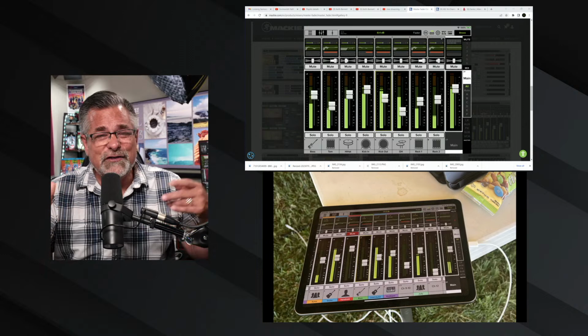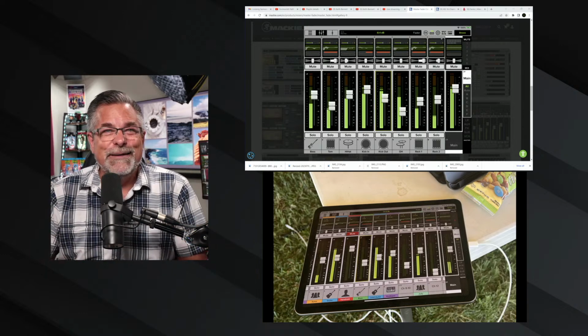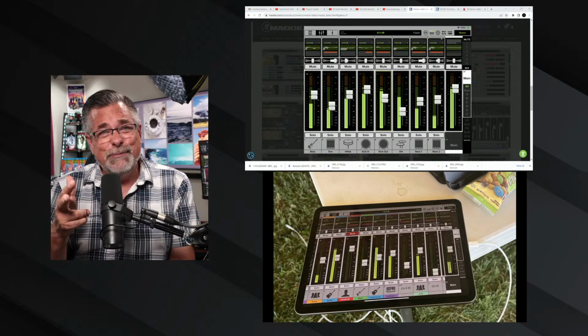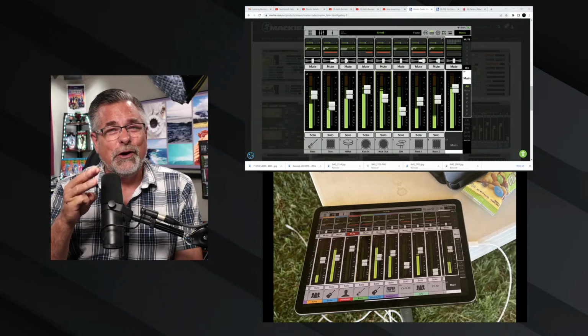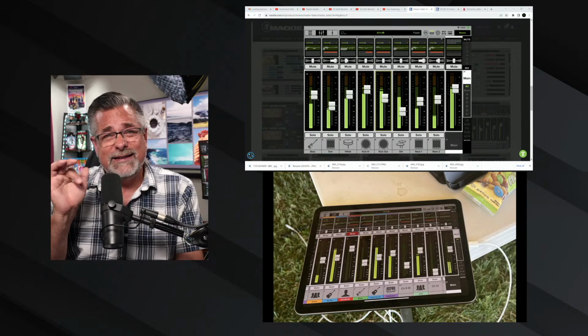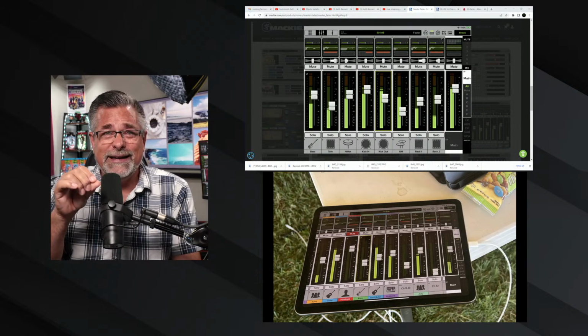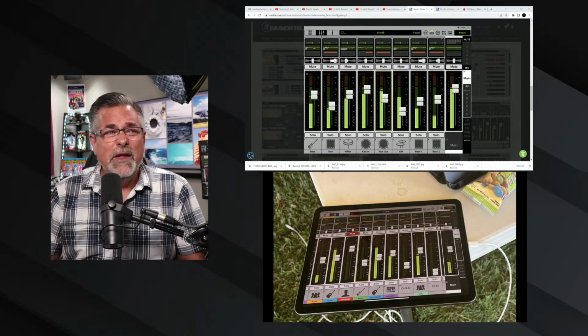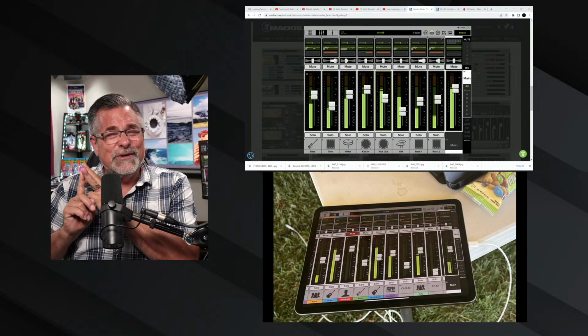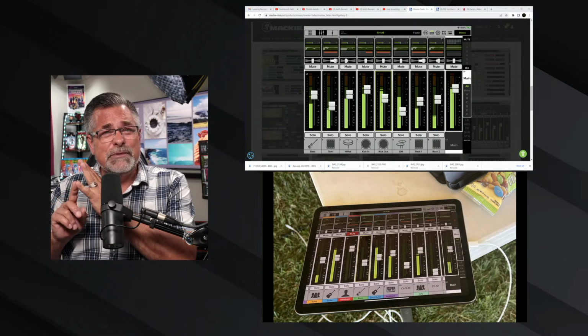But this was the first live band that we did with it, with that many pieces. So I've done acoustic guitar and keyboard and 3 vocals before, but this is the first time we did drums, even though the drums were not mic'd until the last night. We did put in a kick mic, so we had a kick drum. But bass was there, lead guitar was there, acoustic guitar was there,